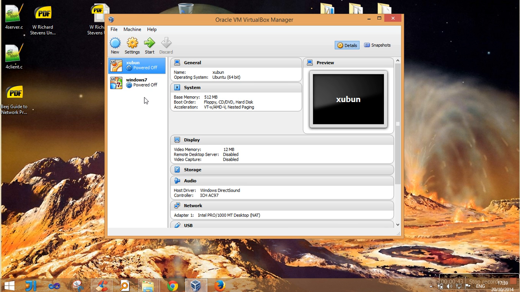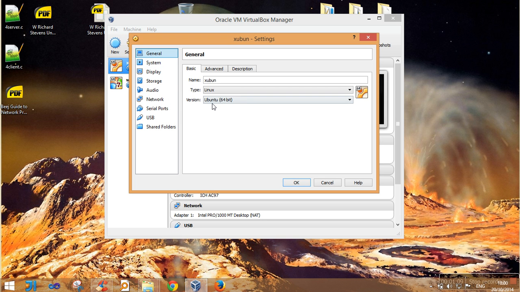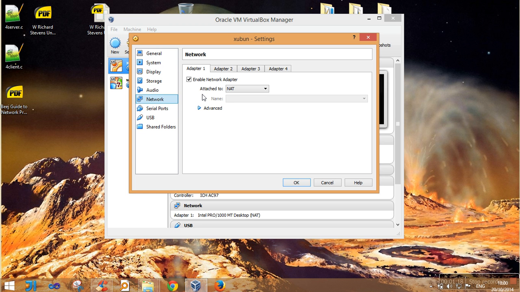Here I have two virtual machines. One is running Ubuntu and the other is running Windows 7. So if I click on the Ubuntu virtual machine, I think I accidentally double clicked on it, but if I click on the Ubuntu virtual machine such that it is selected and then go to settings, I can see I can change the settings here. So I would like to go to network, and here under tab adapter 1,